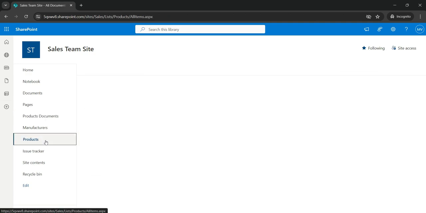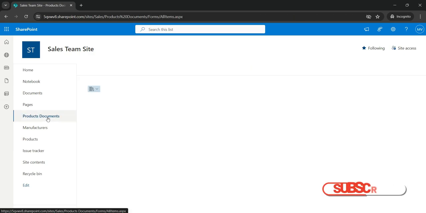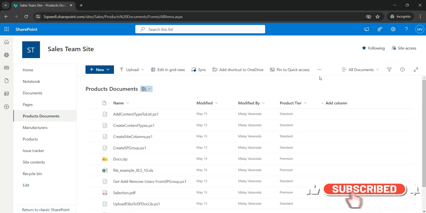Similarly, if you are in any of the other lists, you also get a similar option, so that you can be notified when somebody adds an item into the list or somebody makes any changes to an item. Let's go back to the products document. If you click on the three dots, let's click on Alert me,